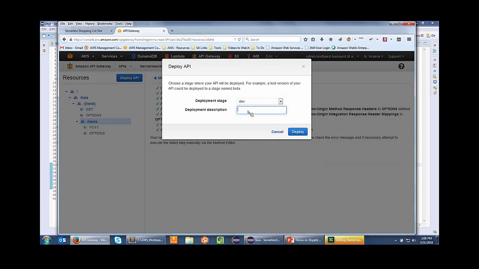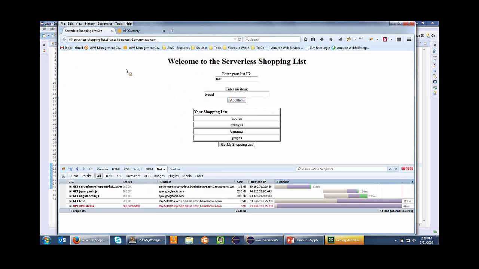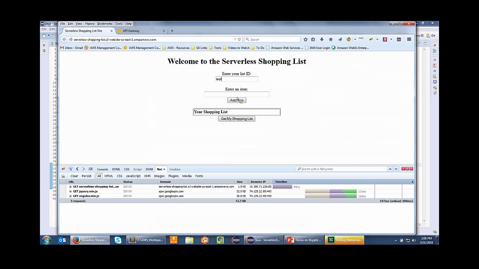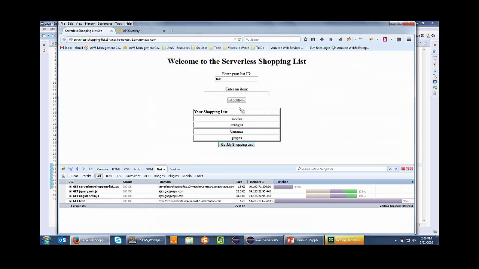Always something interesting during a live demo. So we'll deploy again. And now, if we refresh and give it a minute to make sure the deployment's occurred,